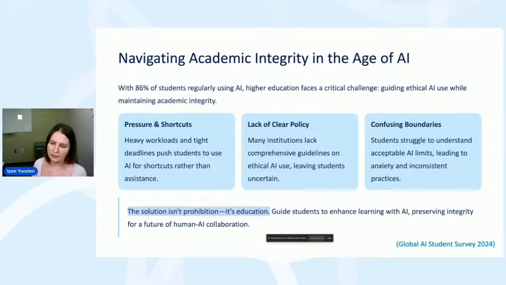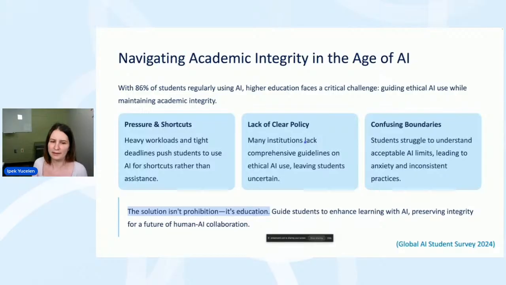So AI usage is inescapable. Our students are already using it. One of the reasons is because of the heavy workloads and tight deadlines, of course. And in addition to that, we don't really have clear guidelines. For the first time this semester, I had to add some guidelines to my syllabus. Before then, I didn't have anything because I'm requiring the use of AI. Of course, I need to add other stuff. But without clear guidelines, students don't know where the limits are, what they can do and what they cannot do.